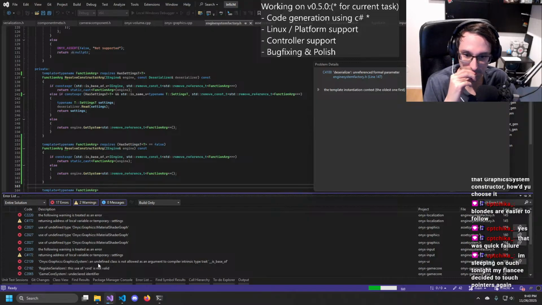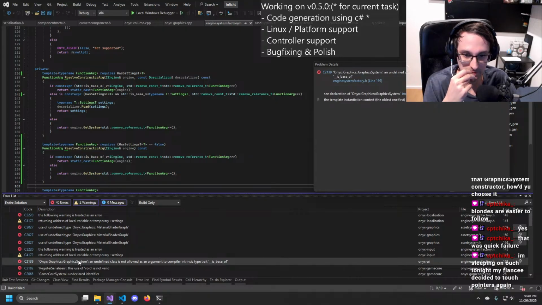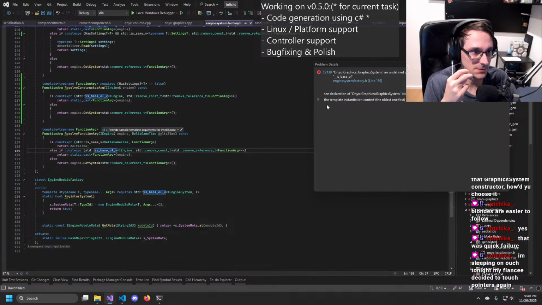Getting there, getting there. Where is that?